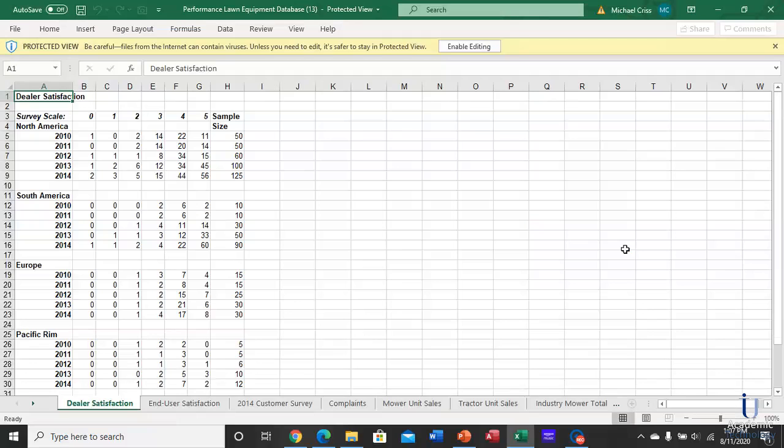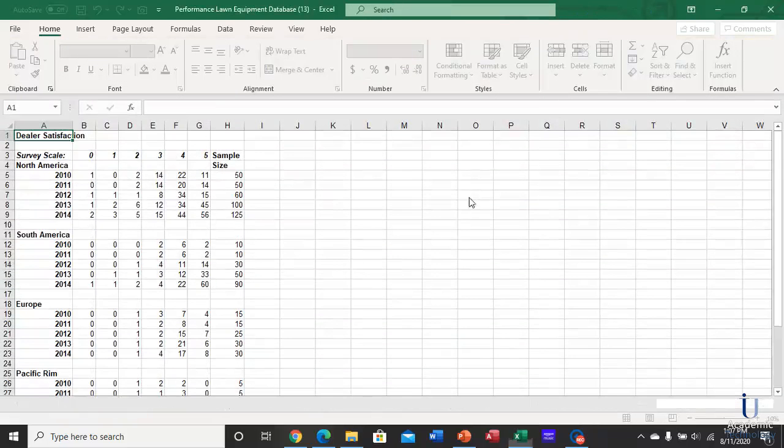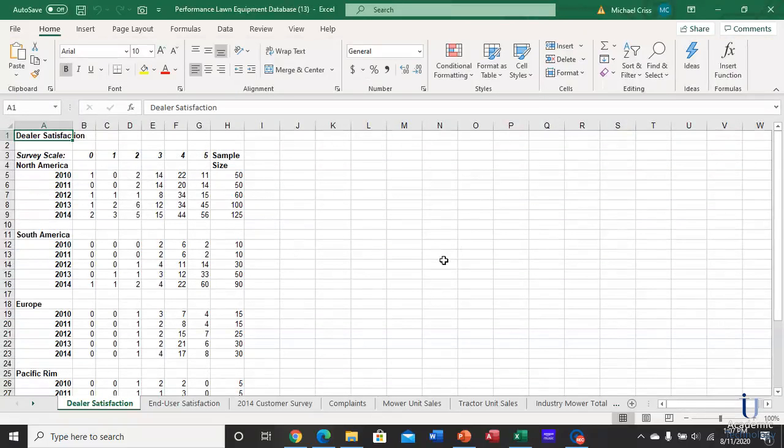However, there are a couple of Excel functions that I want to make sure that you're aware of that will make this assignment a little bit easier. So first of all, when you open up this spreadsheet, you want to hit the Enable Editing button. And that will allow you to go in and make changes to the spreadsheet. So then save a copy under some name that's familiar to you,